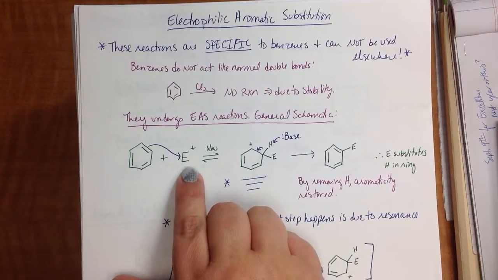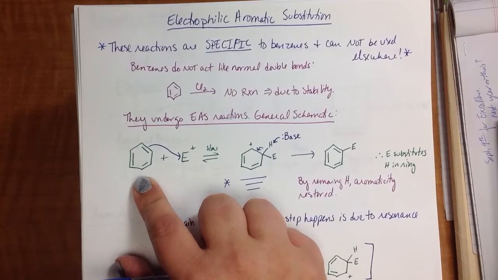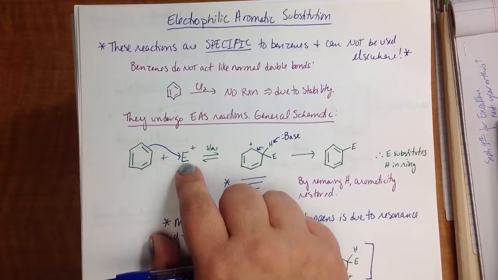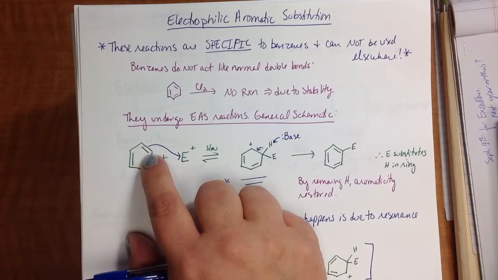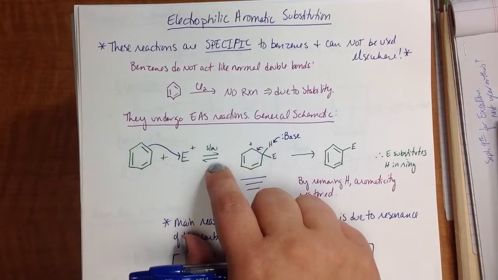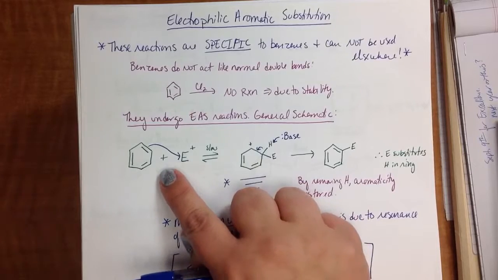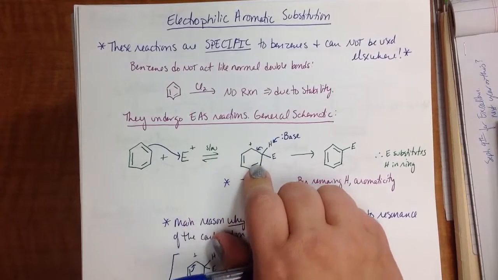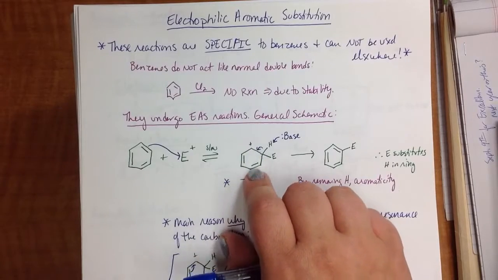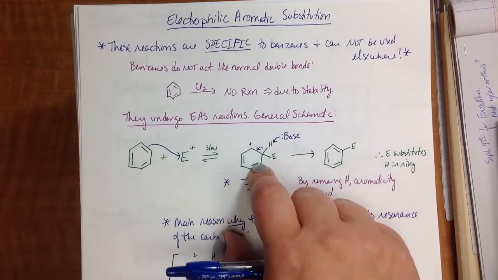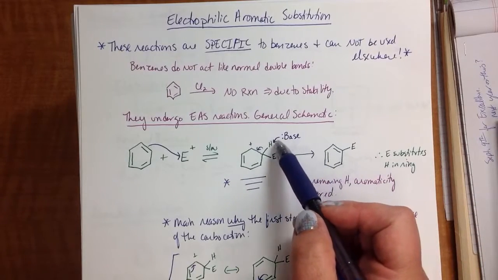First of all, you have to have an electrophile. So benzene comes and grabs the electrophile with its electrons, which is the slow step. It's the slow step because you're going from an aromatic uncharged species to a charged species right here, okay, that's not aromatic. We'll talk about how this is stabilized in just a second, but then a base comes along, removes